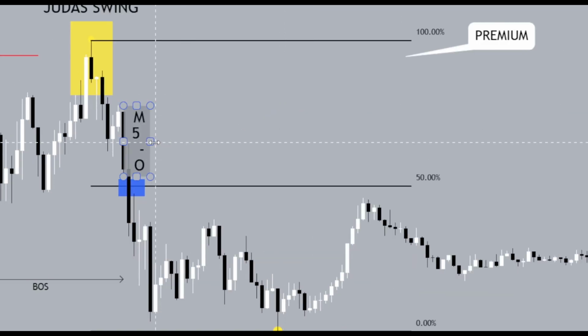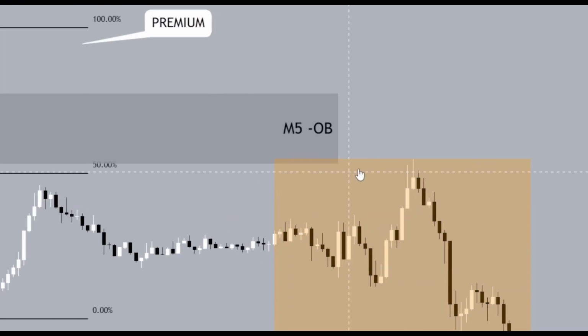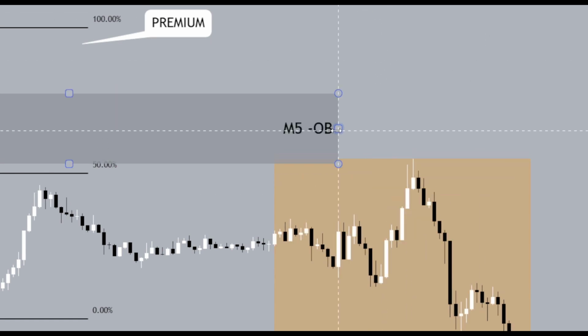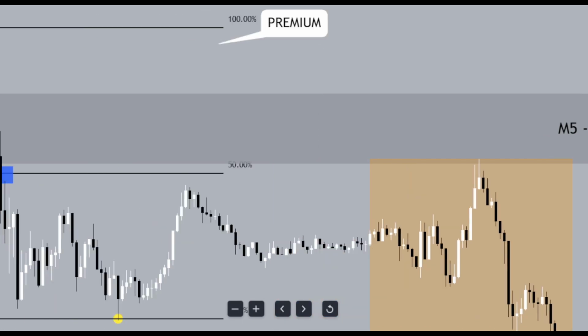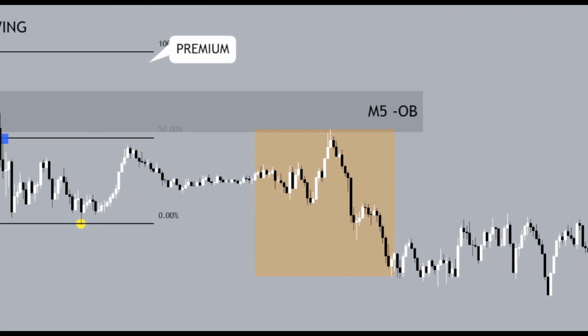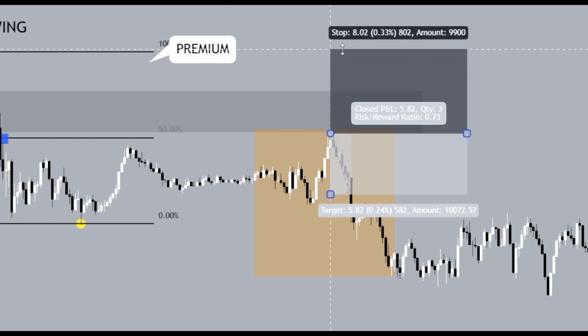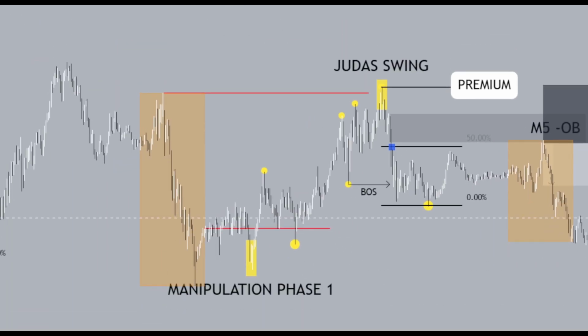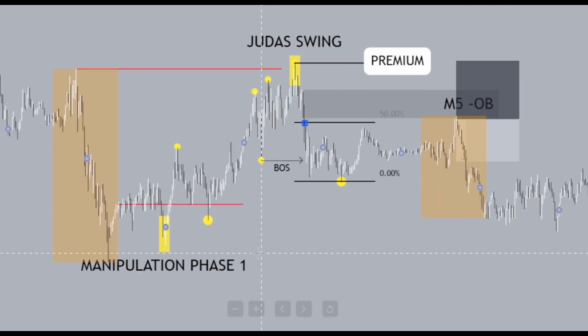So this 5-minute order block was mitigated, I believe, during the Asian session, quite late in the day, especially in the United Kingdom. I wouldn't be trading at this time. But this order block itself was mitigated at this level. And as you can see, stop loss just above the Judas swing. And from here, the next question often becomes, where do I target? Where's the ultimate target? Well, good question. It's a question I get a lot